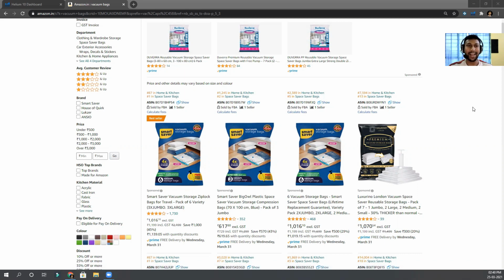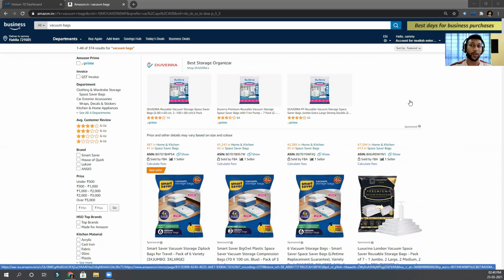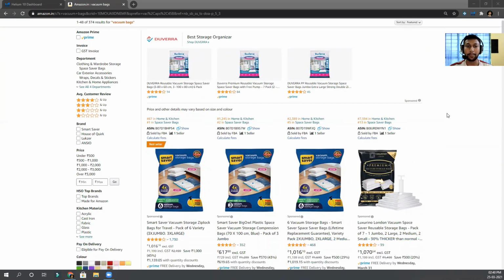So here you see I have actually searched a term here. Okay, vacuum bags. It is a very famous niche. Okay, I was actually trying to get into this niche. मैं भी इस niche में एक time में जाना चाह रहा था. यहाँ पे अगर देखेंगे तो यहाँ पे जो first चीज जो आता है, ठीक है, the first thing that comes here is this thing.